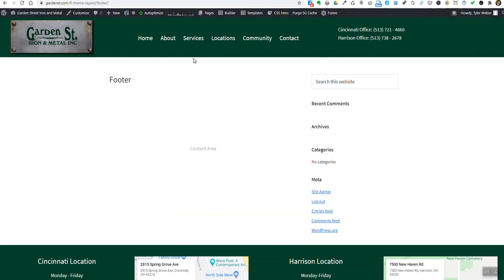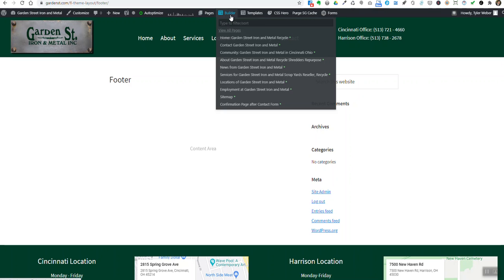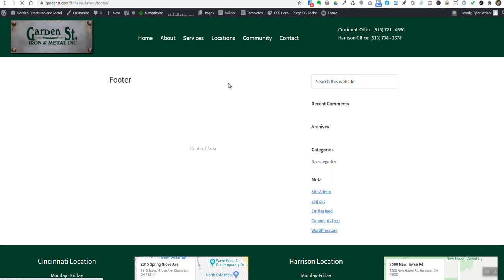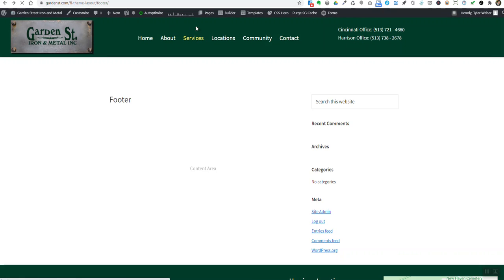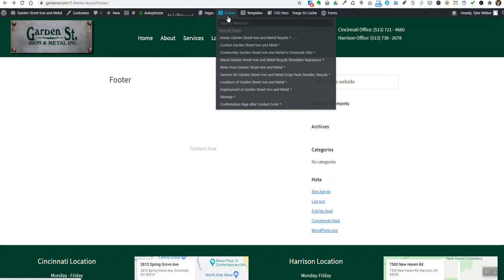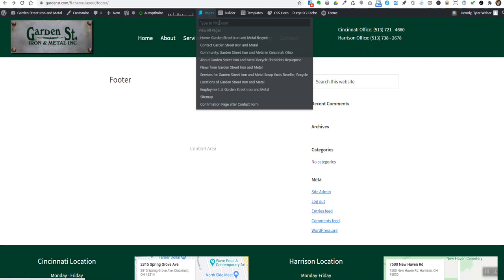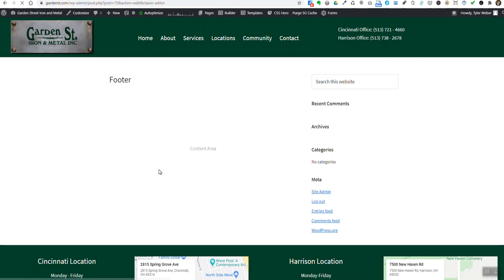But what I'll show you here is that if you go to Builder and then go to Home or any one of the pages that you wanted to edit, again, we're not going, let me go backwards here. I want to show you something so that I don't confuse you. You have pages here in Builder. It's the same list as I mentioned before. If you go to Pages, what this will do is this will allow you or me